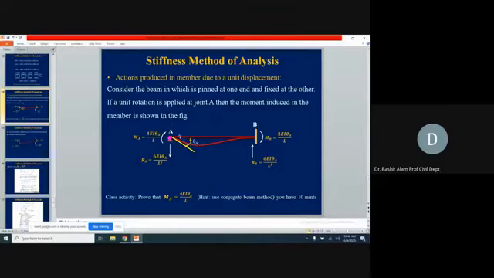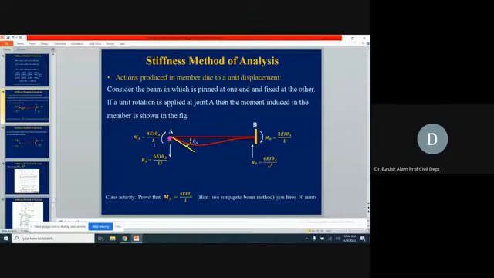Again here, if you see, this was the original shape, the distorted shape. If we draw a tangent, we are coming in the clockwise. So rotation theta A here is in the clockwise direction. Moment produced, this is becoming our near end now, because here we are providing the rotation. Now this theta A will result in a moment in the same clockwise direction with a magnitude of 4EI theta A